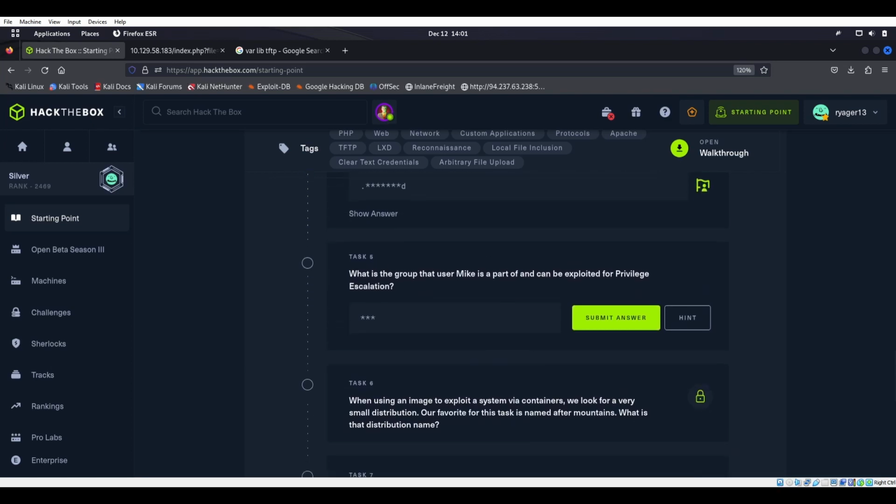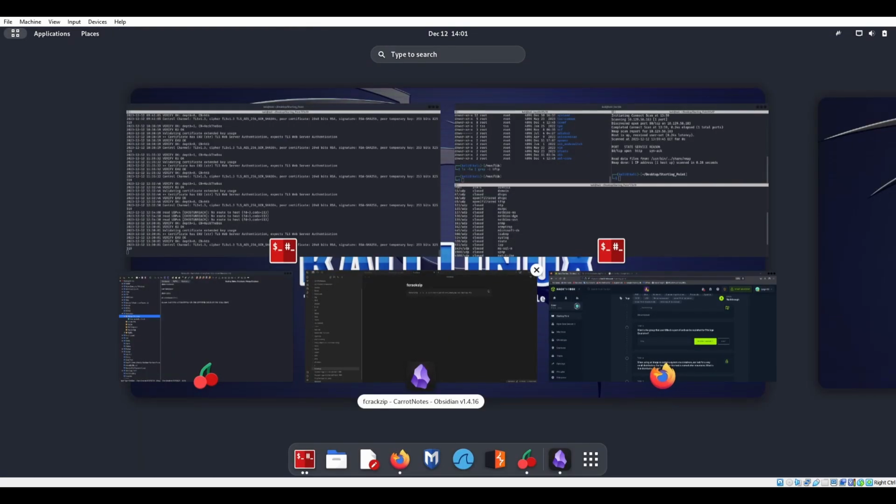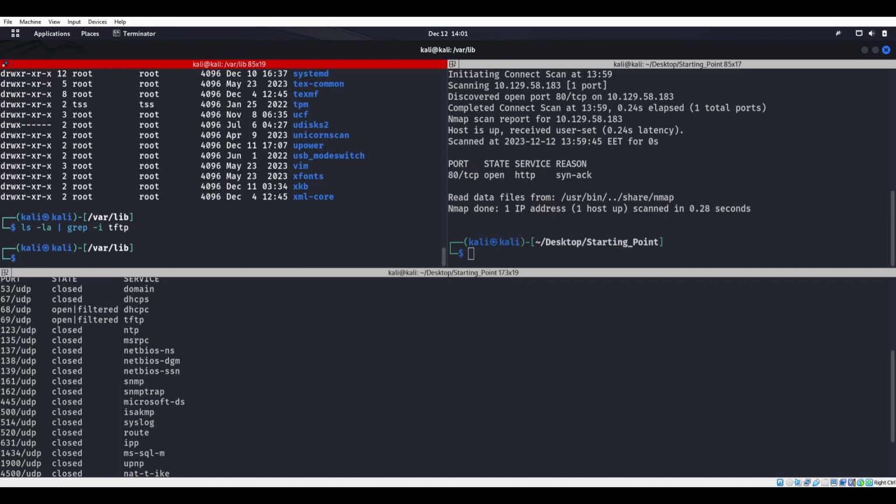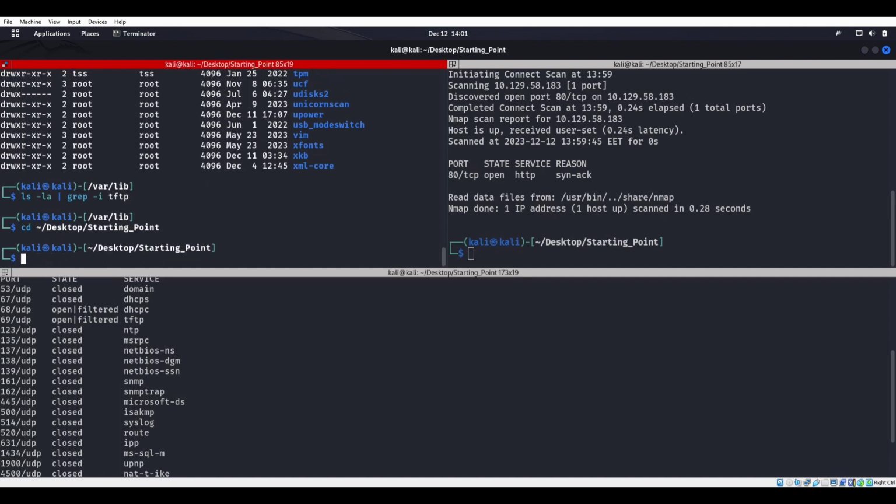What we got here? We got what is the group that user Mike is part of and can be exploited for privilege escalation? We have no idea yet. I feel like we need to get this TFTP. It asked us about it a couple times now. So I feel like we need to do something with this TFTP, right? And we should technically, since we have LFI, be able to get into TFTP. I'm thinking if we can upload a file into TFTP,